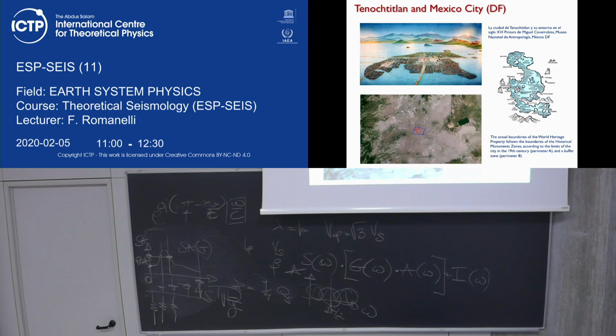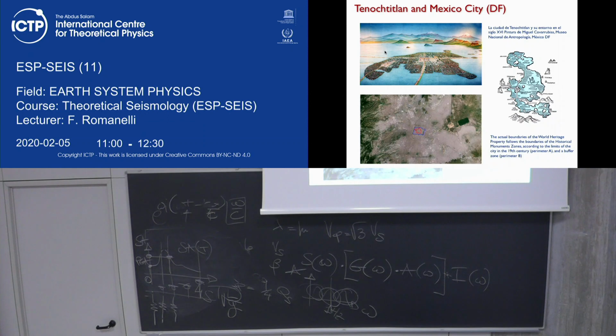Because Mexico City was built around the old part of the city, but when the conquistadores took it, it was that large. And actually, if you go to the Zócalo, that is the center of the modern Mexico City, that is a huge urban area, that part is this. So most of the modern Mexico City is built on an ancient lake. You see it here. It was a quite deep lake.